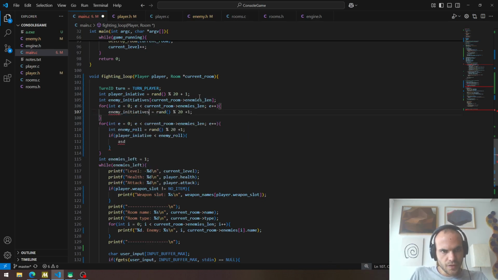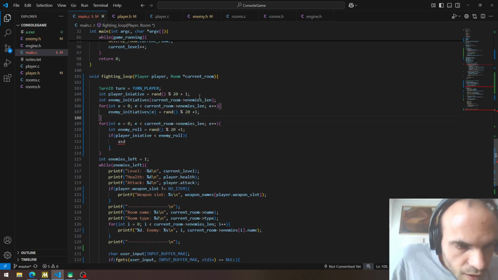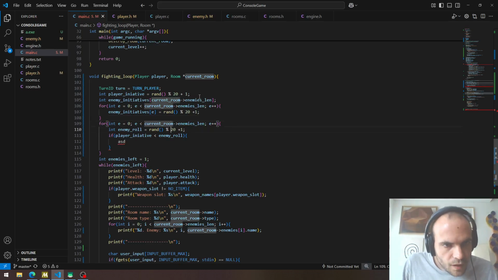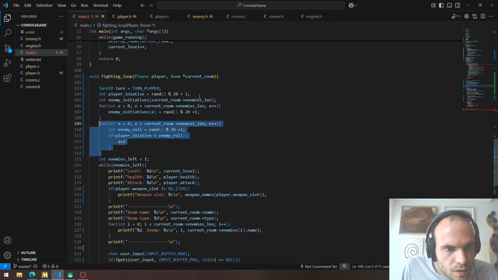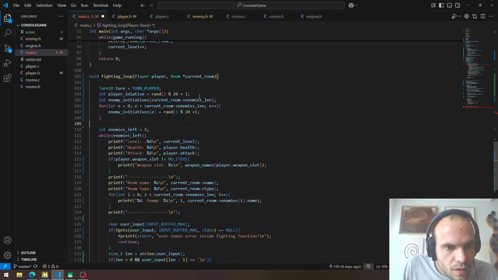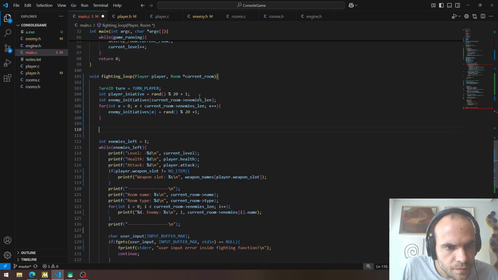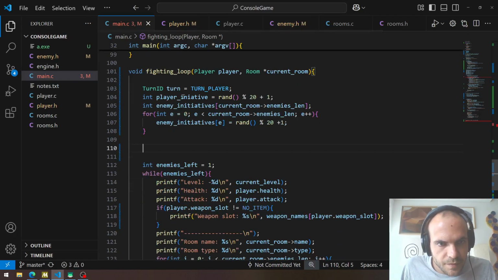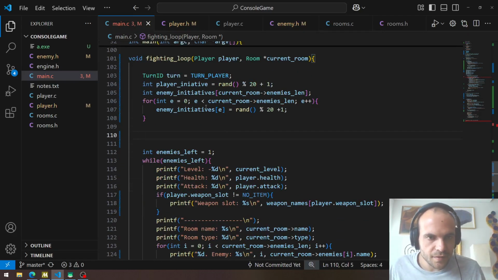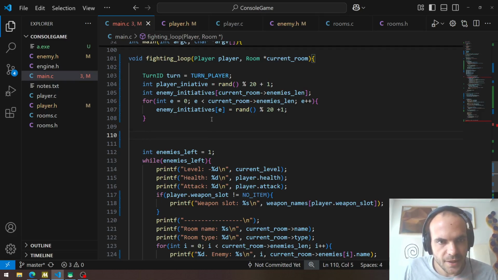Enemy initiatives, e equals their initiatives. Now we have to make this a little bit bigger. Sorry, I realized the text editor was kind of small. So now we have